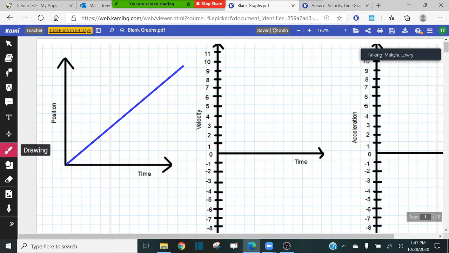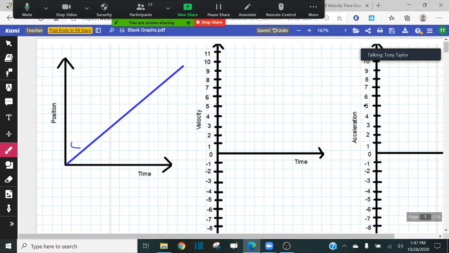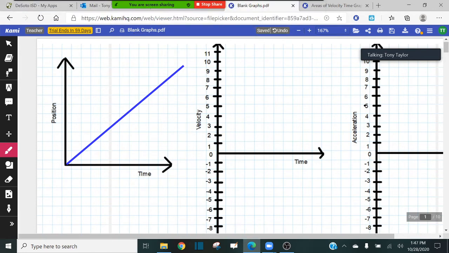The velocity? Yep, the slope of a position versus time graph always represents an object's velocity. Guys, please embed that in your brains. That is going to be important in this course and will come up again and again. The slope of a position versus time graph is always the object's